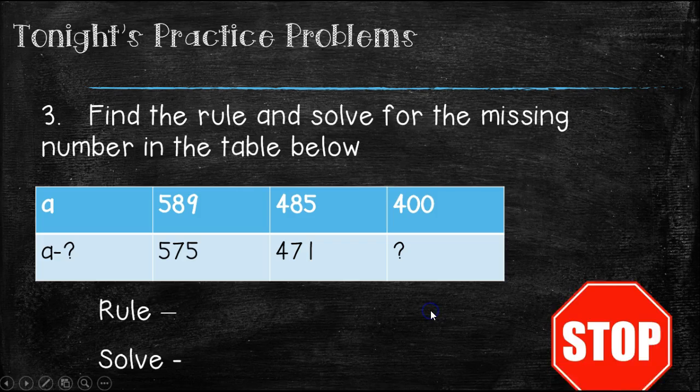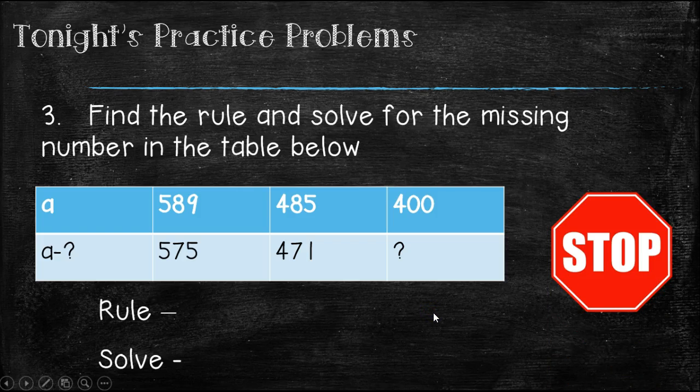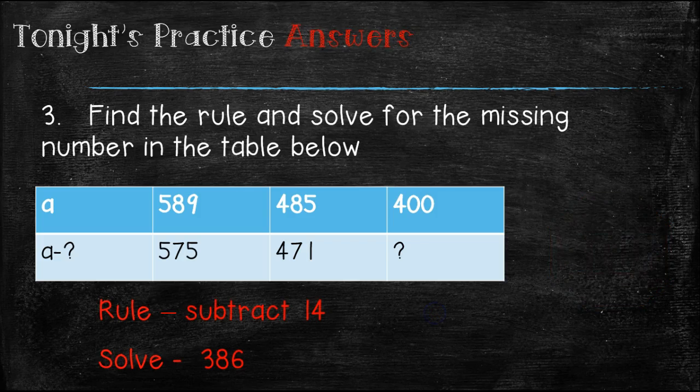Here's another one. Stop the video and come back when you're ready for the answer. Coming back in 5, 4, 3, 2, 1. The answer here for this table is subtract 14 would be the rule. And if we were to solve for the question mark, which is what it asked you to do in this question, the answer is